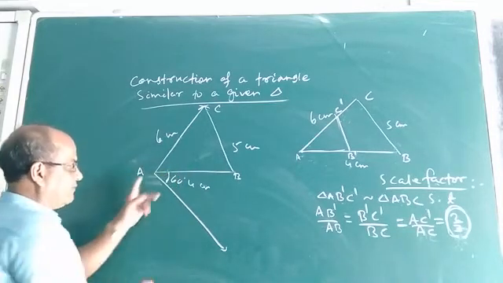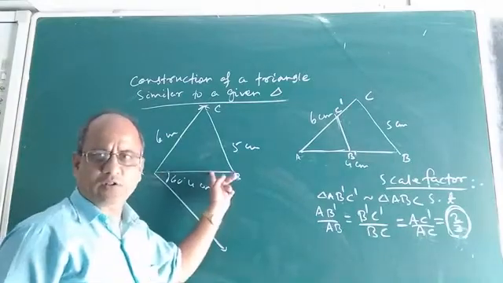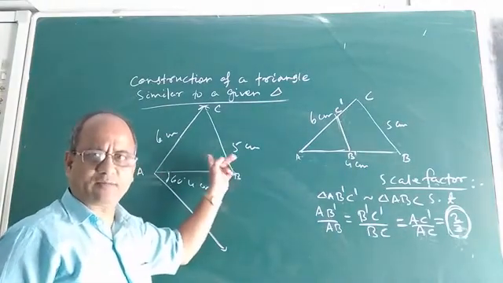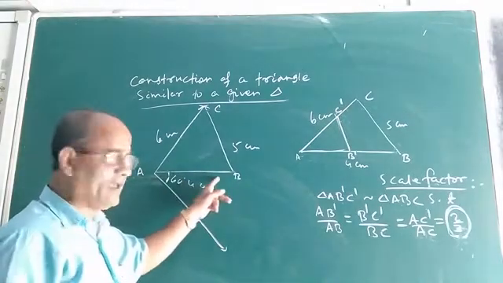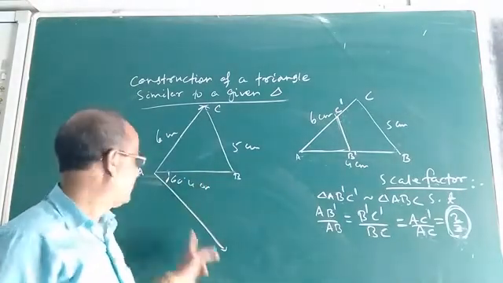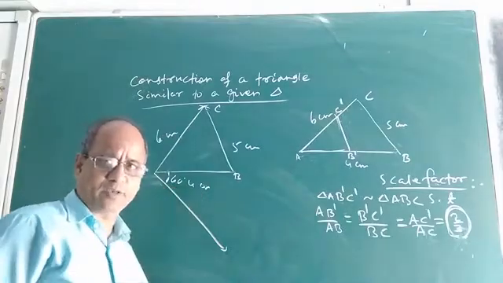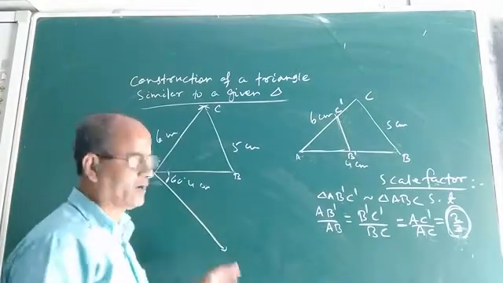Draw an acute angle at the vertex A, below the base AB. You can take any one side of this triangle as the base. Suppose AB is taken as the base. So below AB, at the vertex A, you draw an acute angle, say 60 degree, and produce. So you got this ray. Now what is the next step?